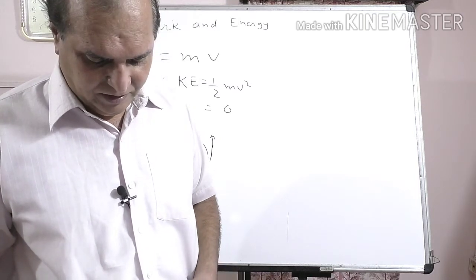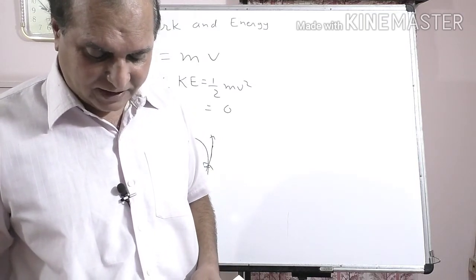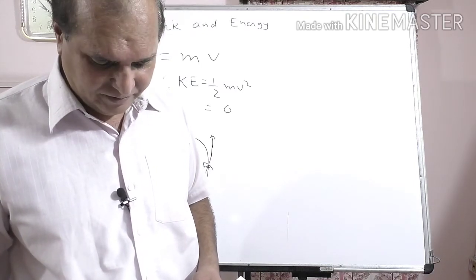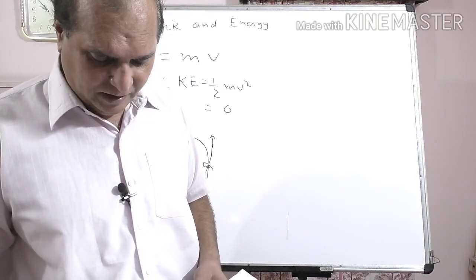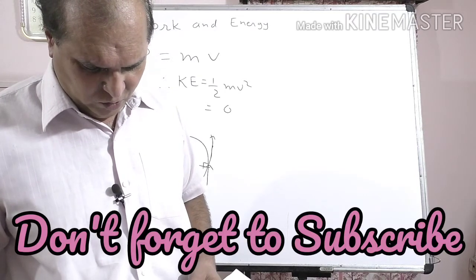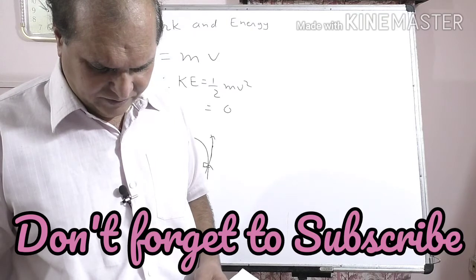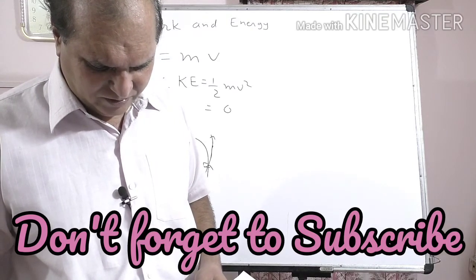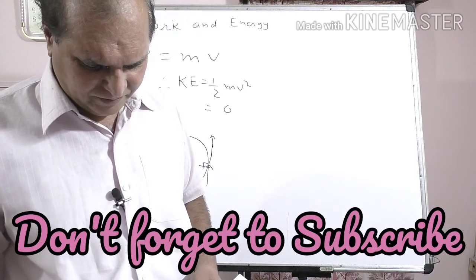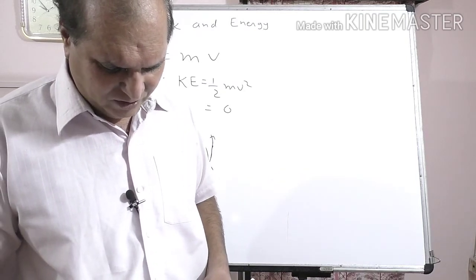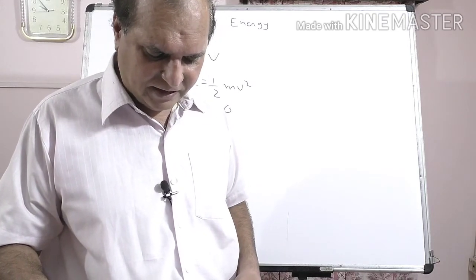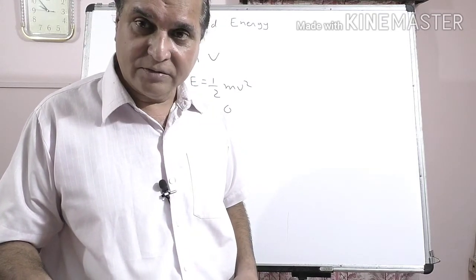D. Power is the measure of what? Rapidity at which work is done. Yes, because power is equal to work upon time. Second option, amount of energy required to perform the work. No. The slowness with which work is performed. No, that is the length of time. So the first is the more correct: the rapidity with which work is done is a measure of power.